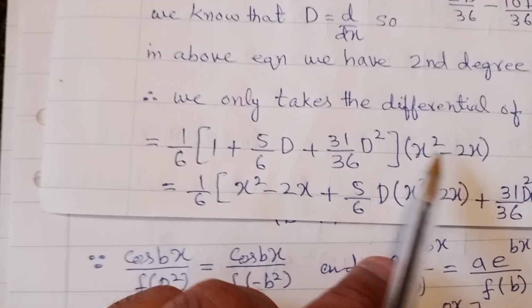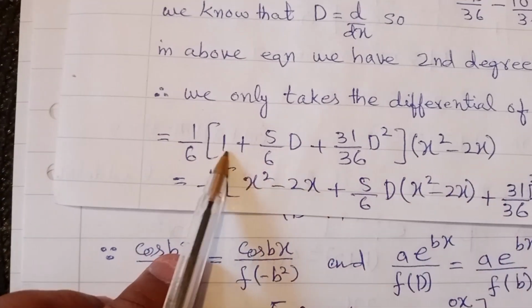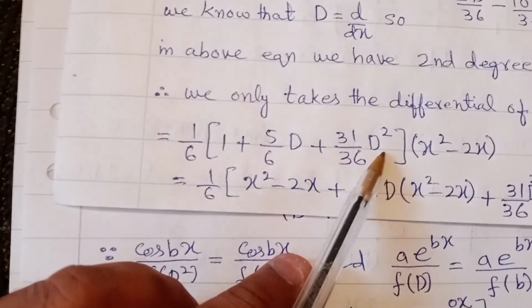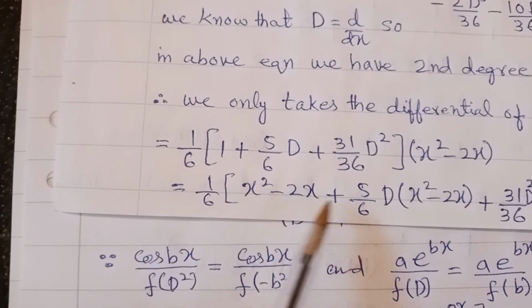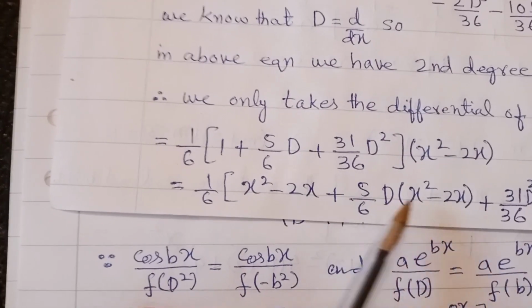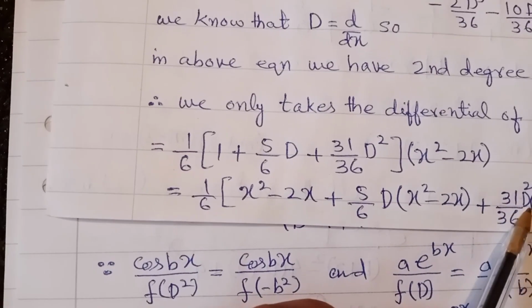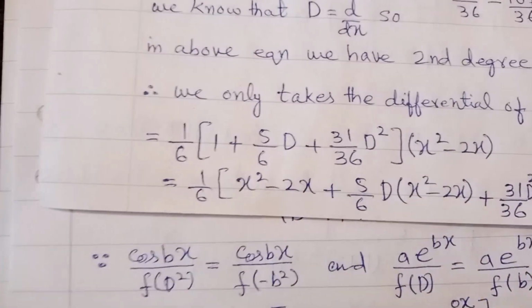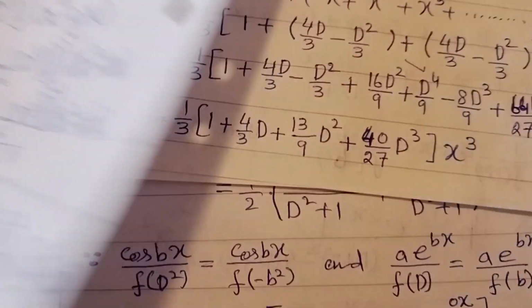And the polynomial is x square minus 2. When you multiply this x square minus 2 with all the terms, 1, 5 upon 6 D, 31 upon 36 D square, we will get x square minus 2x plus 5 upon 6 differential of x square minus 2x, plus 31 upon 36 D2 of x square minus 2x. It means that we will differentiate this polynomial two times. Now